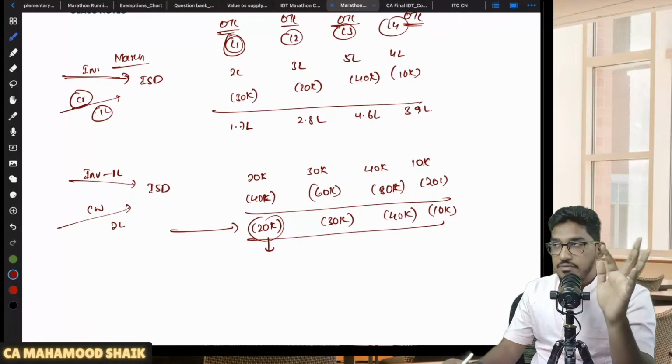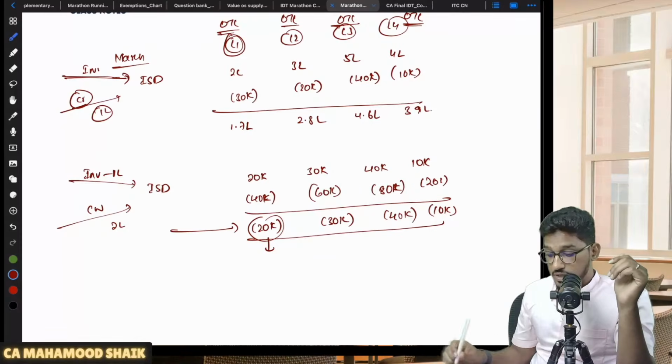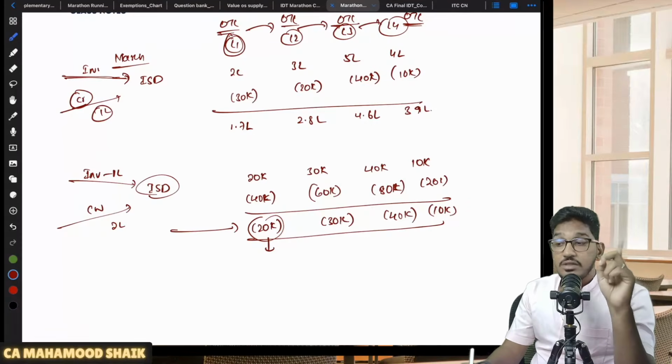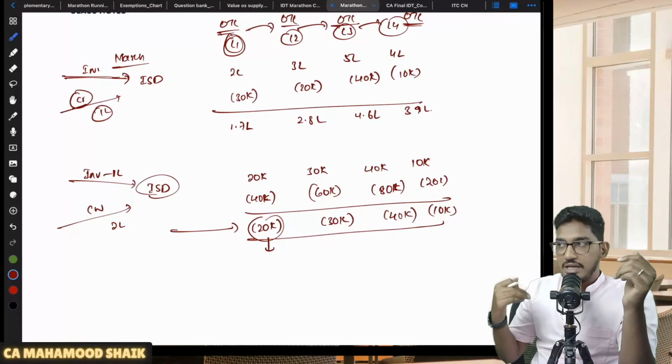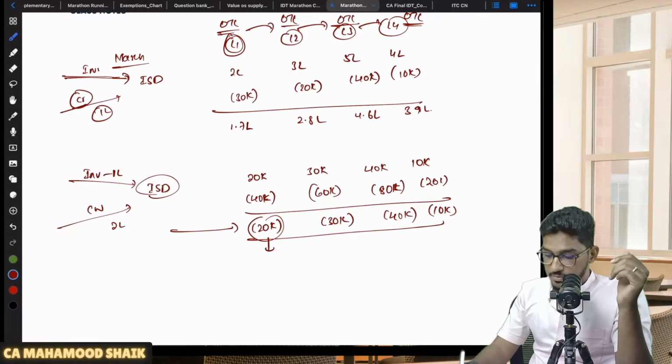Okay. Similarly, one more procedural formality they say here, in case if any excess amount is distributed, in case if the ISD distributes excess amount to any of the recipients, then that amount will be recovered from the recipient, not from the ISD. If any excess amount has been distributed by the ISD to any of the recipients, that excess amount will be recovered from the recipients, not from the ISD. This point also you have to remember.